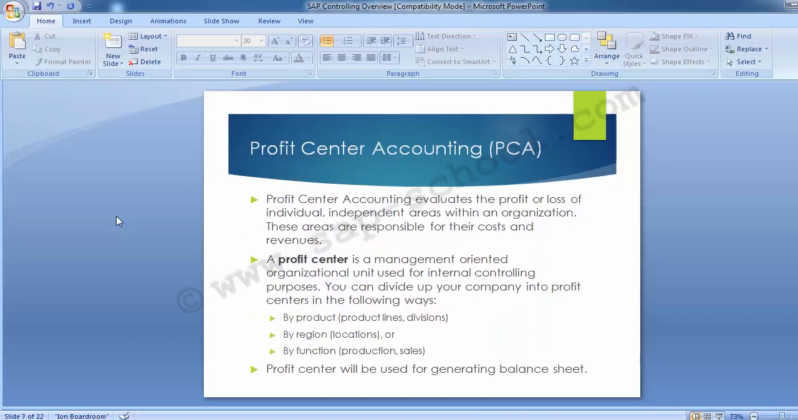Profit center accounting. Profit center accounting evaluates the profit or loss of individual independent areas within an organization. These areas are responsible for their cost and revenues. A profit center is a management oriented organizational unit used for internal controlling purposes. You can divide up your company into different profit centers in different ways, as that depends on the company-to-company scenarios. Like